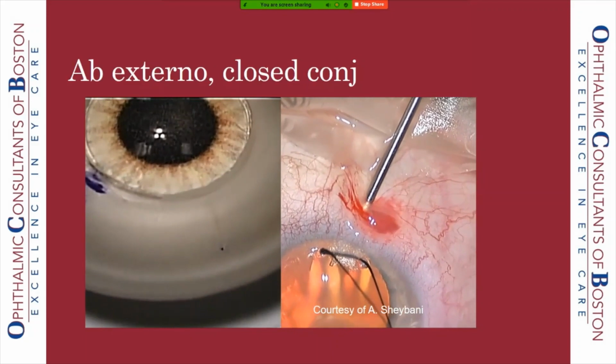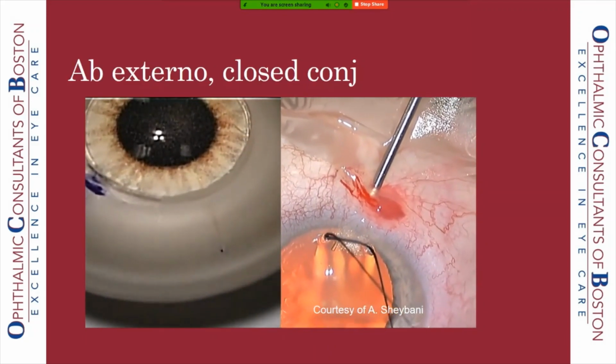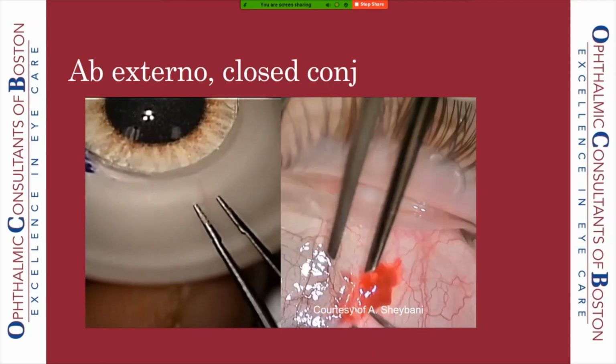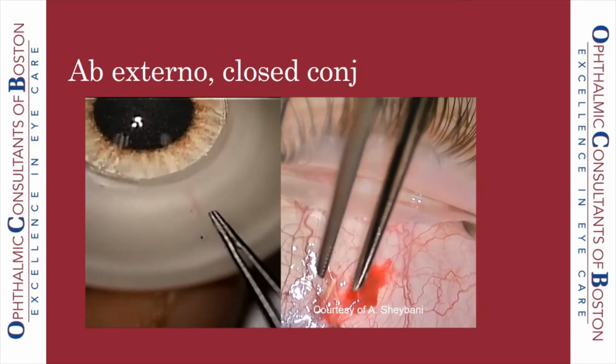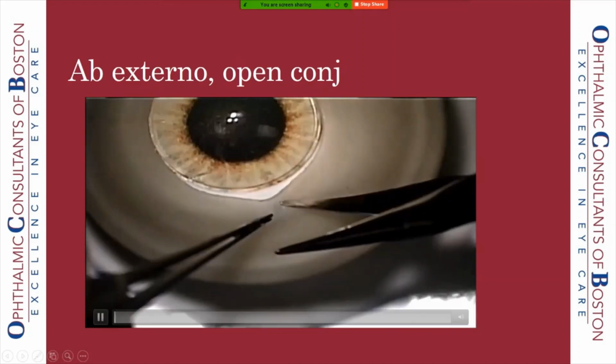And then you can use some forceps to manipulate the stent in the subconjunctival space without actually breaking the conjunctiva. If you need to, say, pull the stent out a little bit and have it a little shorter in the anterior chamber. The ab externo open conj technique